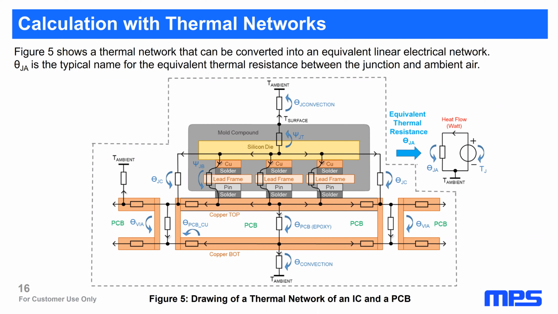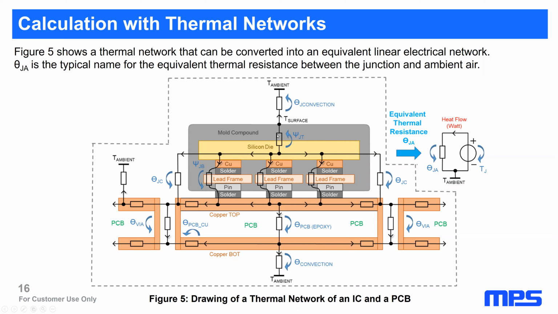Calculation with thermal networks. A thermal network can be converted into an equivalent linear electrical network. Theta junction ambient is the name for the equivalent thermal resistance between the junction and ambient air. What you see here is approximately a thermal circuit for an IC mounted on a PCB. You have in the middle the silicon die where the heat is generated, one path to the ambient,